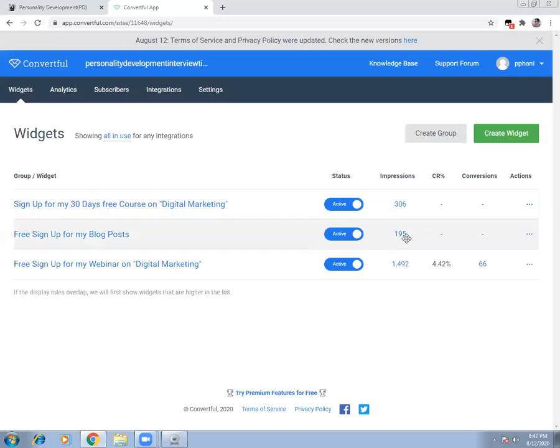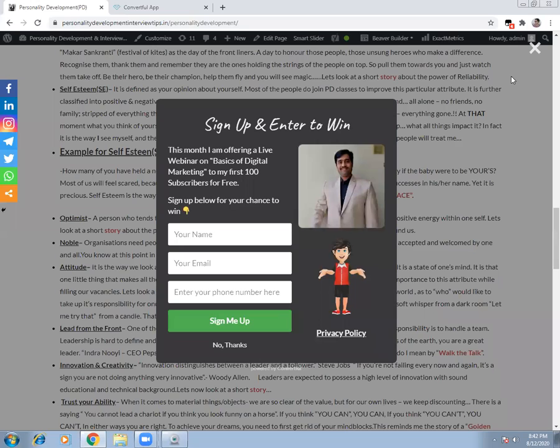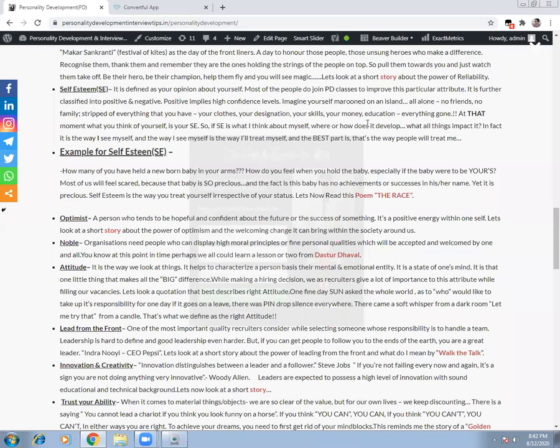Yes, these two I can probably deactivate after some period of time because these two are not performing well. Now let's try to understand where these 3 forms are that I put on my website and why this form is performing better when compared to the other 2. Now, if you look at it, it is capturing most of the customers, as you rightly saw.